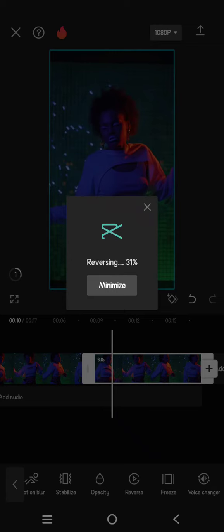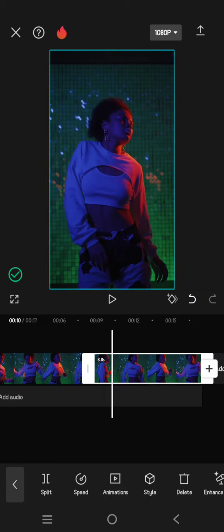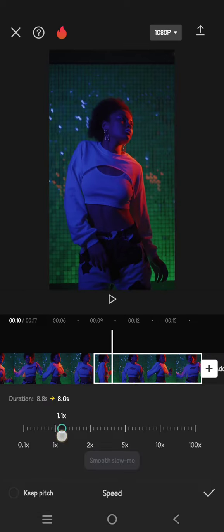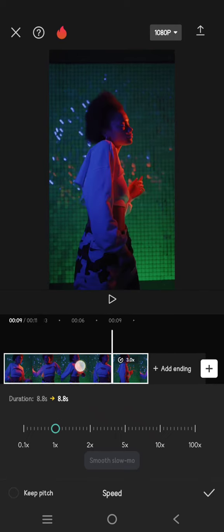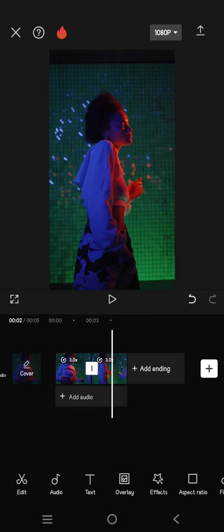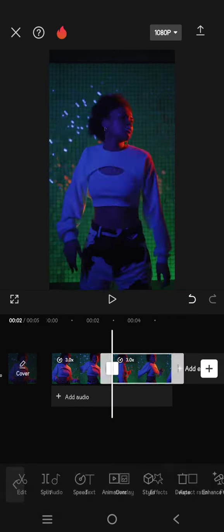And after that, you can just click on both of the clips and speed up the clips to your liking. So in here, I'm going to go to speed normal. Then I'm going to speed up the clip to around 3 times like this. Do this also for the first clip. Okay, click on a check icon,